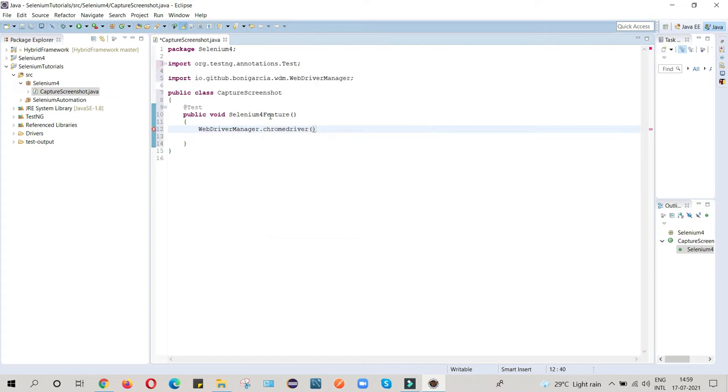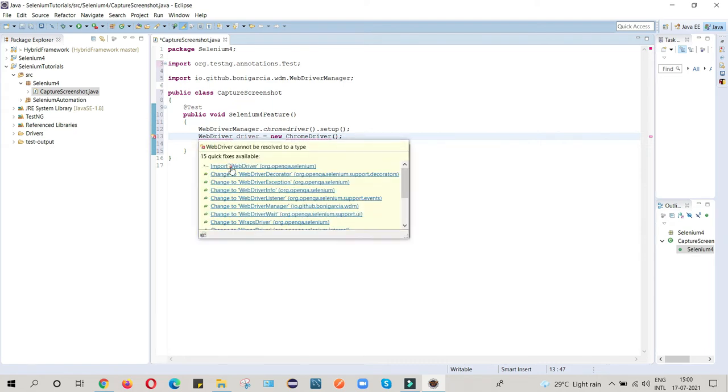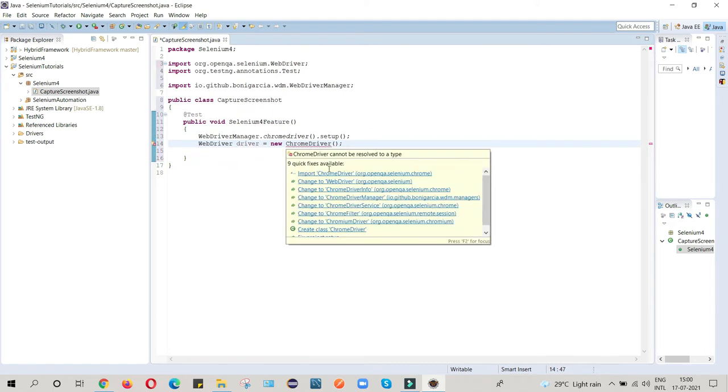So chromedriver dot setup. Now I will initialize WebDriver driver equals new ChromeDriver. Now I will import WebDriver, and here I will import ChromeDriver.